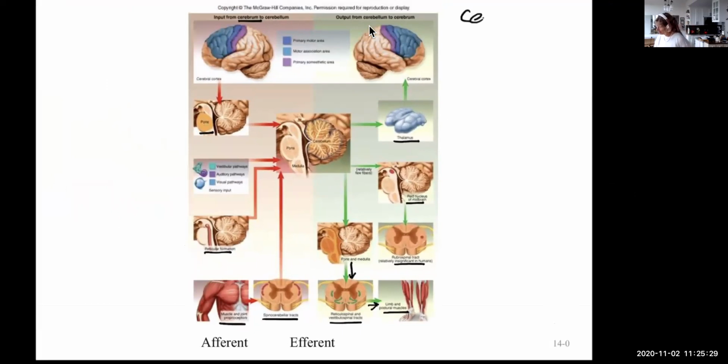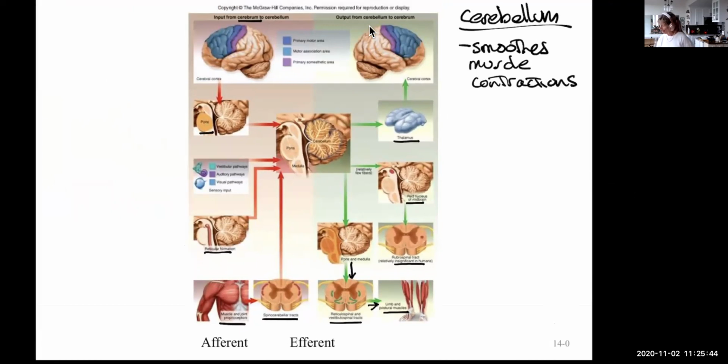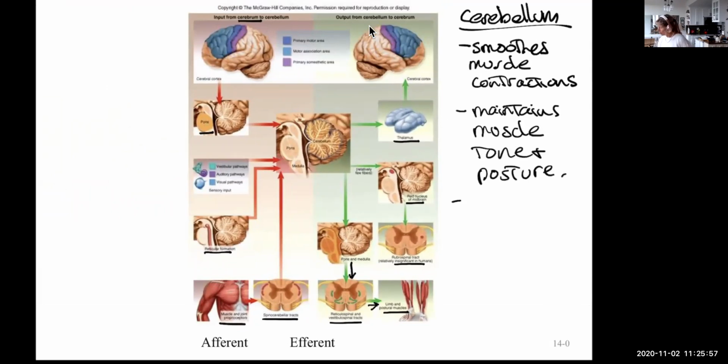So the cerebellum smooths muscle contractions, maintains muscle tone and posture, coordinates movements of joints,